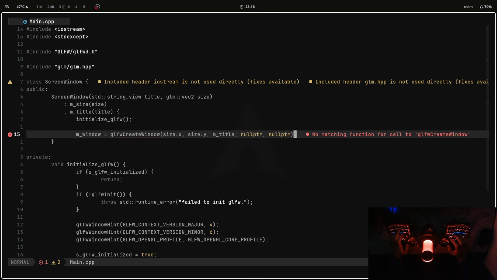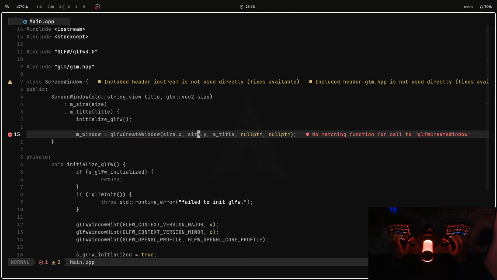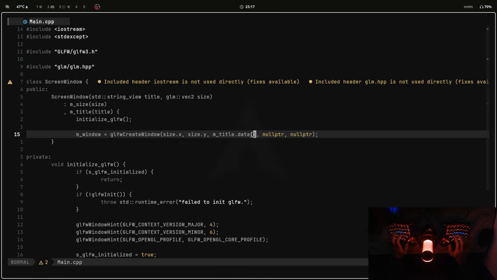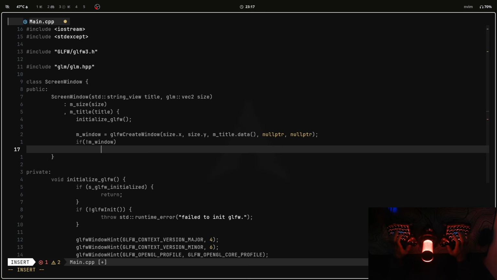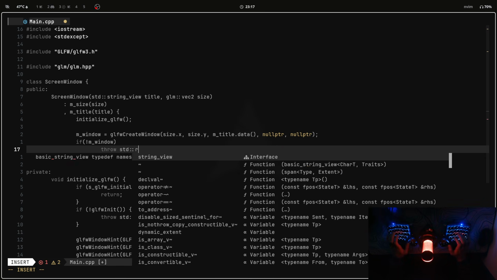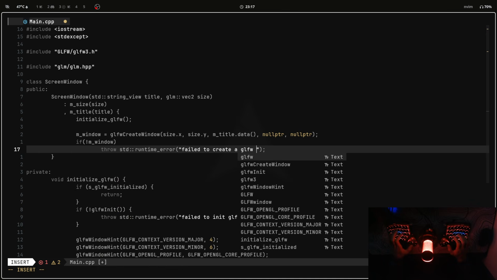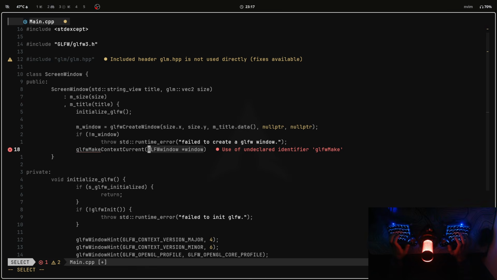One matching function call to glfwCreateWindow, because it takes in a const char pointer, so we can't pass in this, but rather the raw pointer. Okay, this can also fail, so let's ensure it didn't by doing this and throwing a std::runtime_error if we don't have a window. So we'll just write "Failed to create a GLFW window",